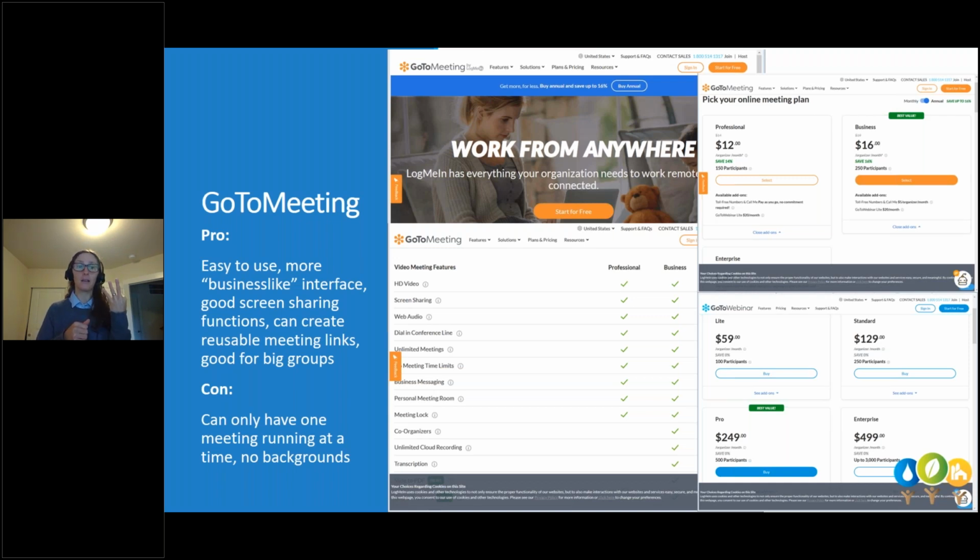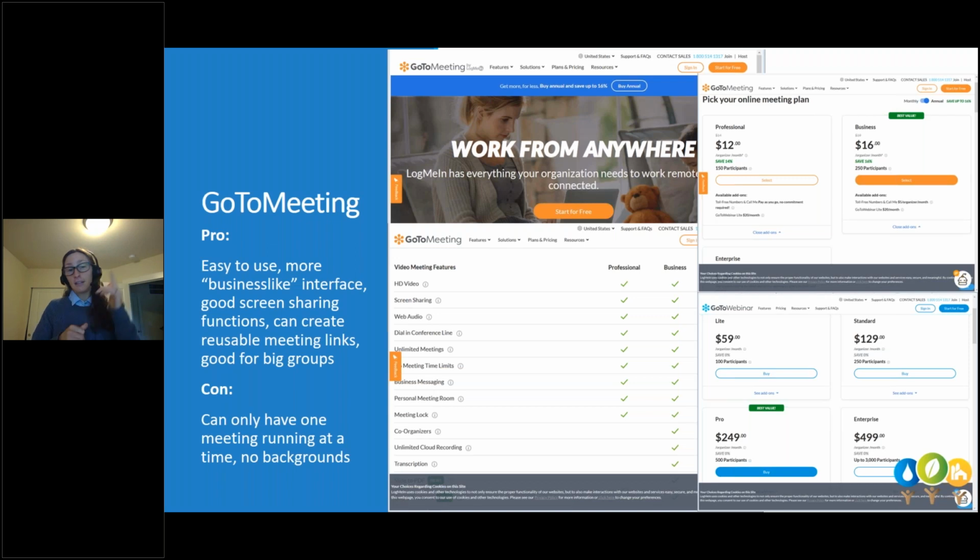The other ones are all going to be a lot more cumbersome to get into for the public joining a meeting. So again, what you'll notice is the 2 that are going to float to the top are Zoom and GoToMeeting. I can't tell you which is better. It's going to be a preference, but those are the 2 that are going to float to the top when you're looking for a meeting space that's going to be great for big groups, for public interaction, for board meetings, and so on.